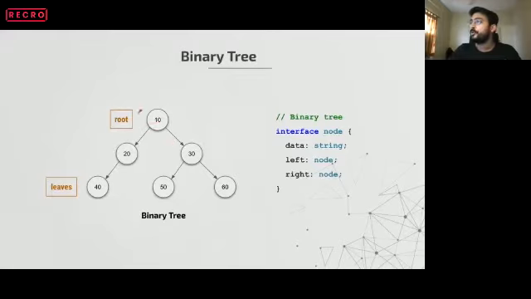The topmost node, the entry point of a tree, is the root. Wherever we start the tree, it's called the root. And at the bottom, any node which doesn't have a left child or right child is considered a leaf node. These are the terminologies used in a tree data structure, and I'm assuming you are comfortable with them. If not, you can raise your hand. Okay, cool, let's go ahead.